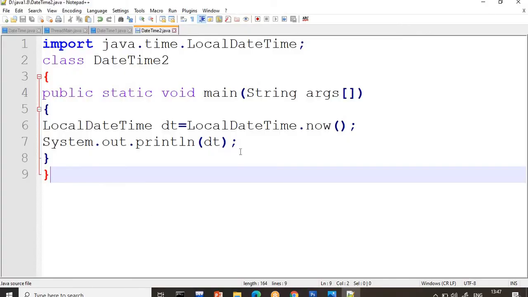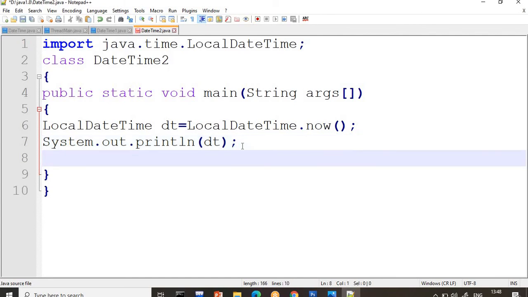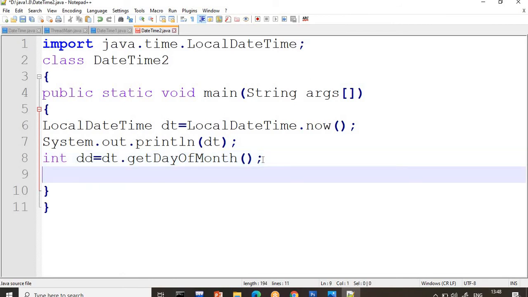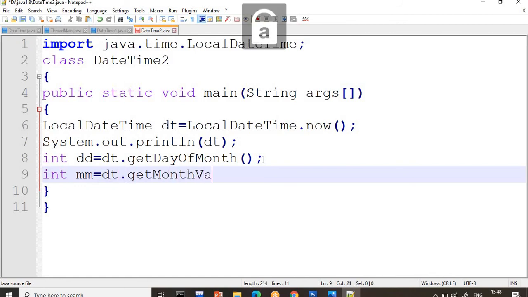So in continuation of this, sir, how to retrieve the data? Here everything is in the same format. How we discussed there, here also it is the same thing. So what can we do here? Suppose I want the date, so I will write d is equals to dt.getDayOfMonth. Methods are the same, guys. So what will it give me? Whatever the day, suppose today is the 9th or 8th, it will give that date. Nothing but month we want, so I will write getMonthValue. So what will it give me? It gives the current month.